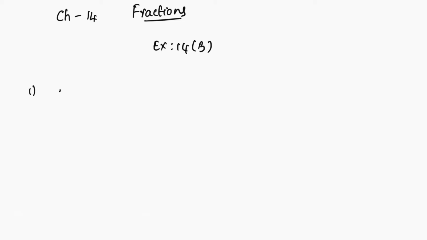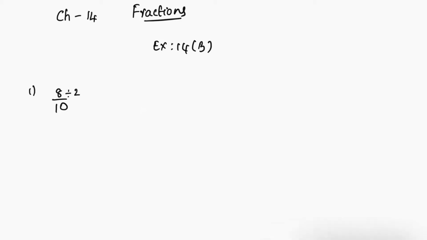Here we have 8 by 10. So, how do we reduce given fractions into the lowest term? You would have learned this in your previous class also. Whenever you have to reduce a fraction, you have to divide both the numerator and denominator with the same number, and you have to write the resulting answer. So, 8 and 10 you have here, right? Both 8 and 10 can be divided with 2, correct?